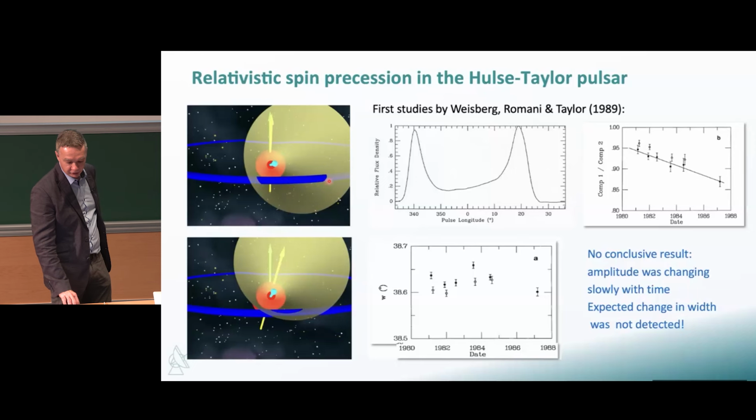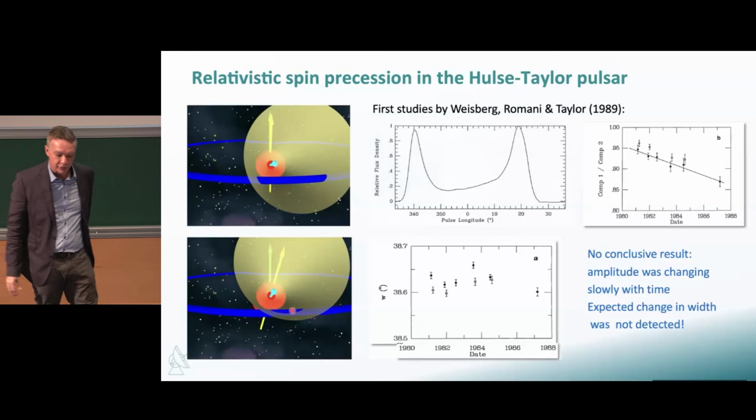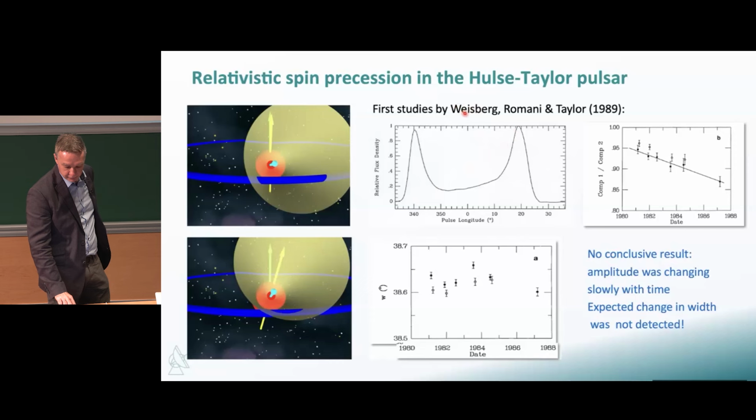Then we saw at one phase we cut the emission beam with our line of sight here. You would see a wide pulse, and at a different phase of the precession you will see a narrow pulse. So you would really expect a change in pulse width as a function of time. So when Joe and his group, in particular Joe Weisberg and Roger Romani, looked at this, there was no variation seen